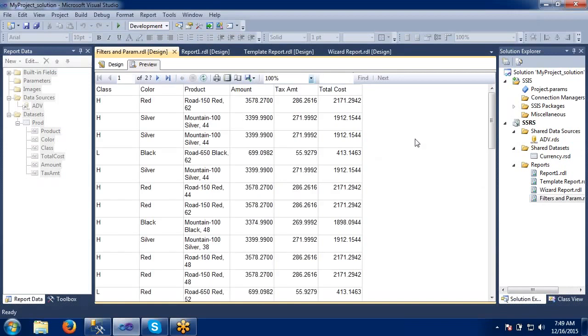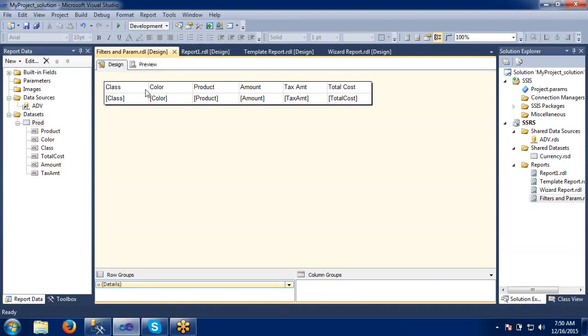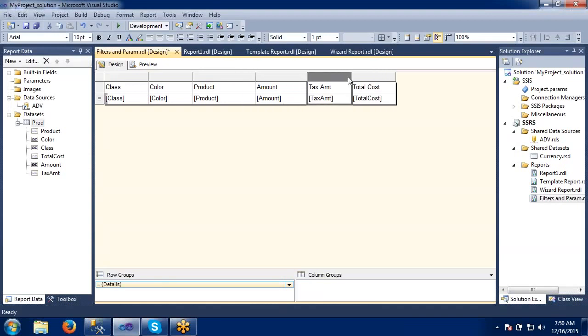So it's trying to load the report here. Yes, it's loading now. Yeah, the report is generated here. So our report is ready now. We'll make small alignment changes here. Okay. I will change some alignments like this. And this column I will make somewhat bold, and I will change the background color here. Why? Just to make it a heading, right? That's why I would like to make it a heading.